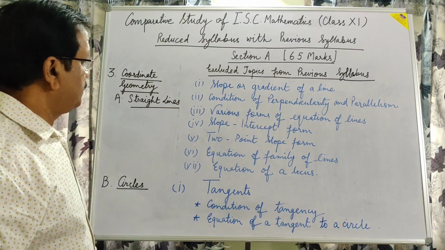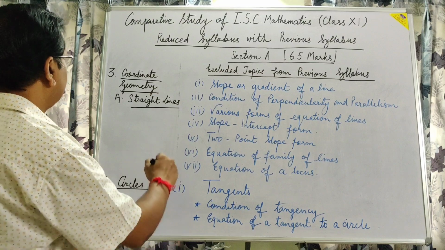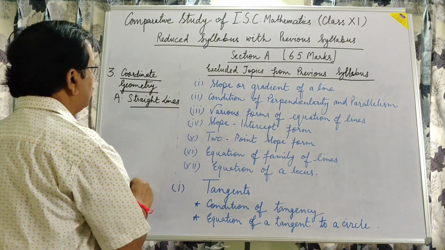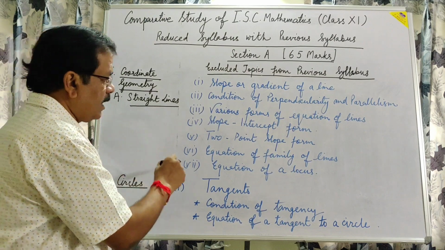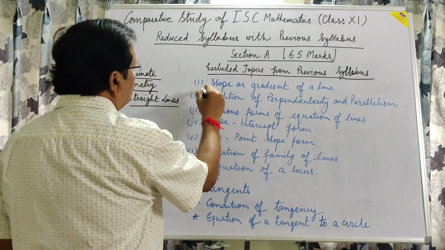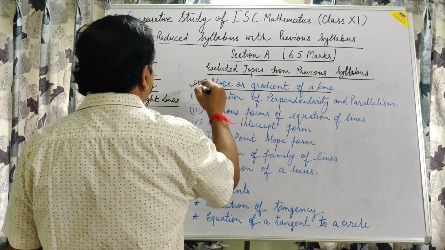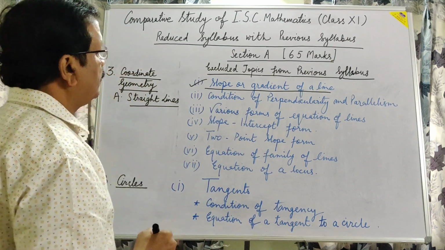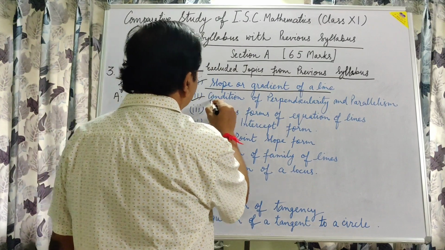In coordinate geometry, till date we are studying 2 chapters, straight lines and circles. From the chapter straight lines, 7 subtopics are excluded from the previous syllabus. First one, slope or gradient of a line. Second one, condition of perpendicularity and parallelism,